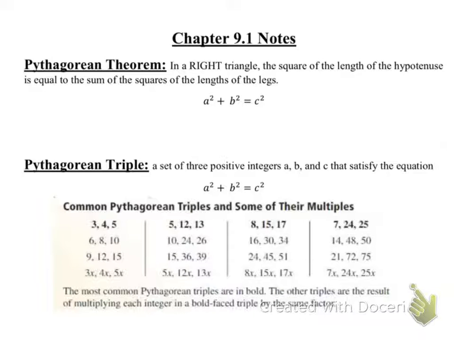9.1 is a review from Algebra 1 looking at the Pythagorean theorem. So most of you, if you remember anything from Algebra 1, probably remember a squared plus b squared equals c squared. Maybe not how to use it, but you at least remember learning it. So that's what we're starting with in Chapter 9: right triangles, finding the length of a missing side